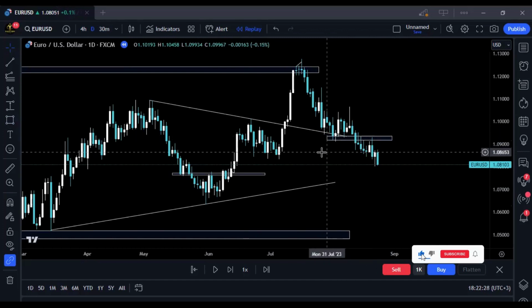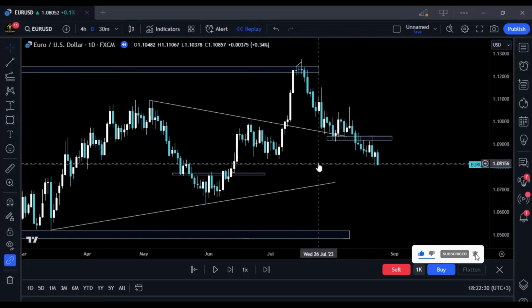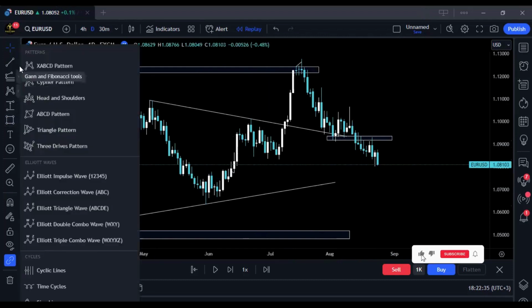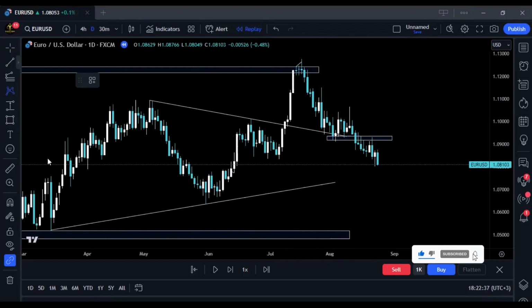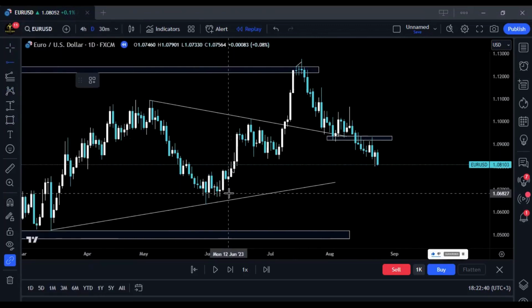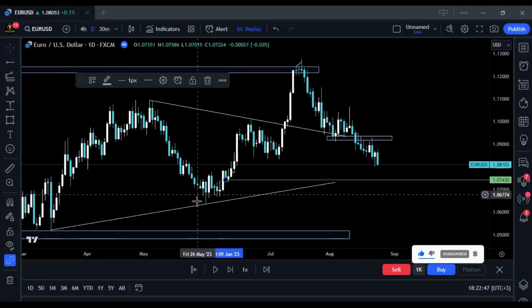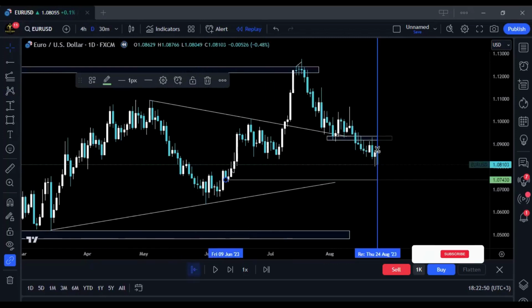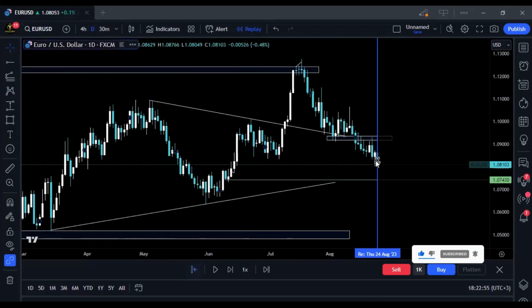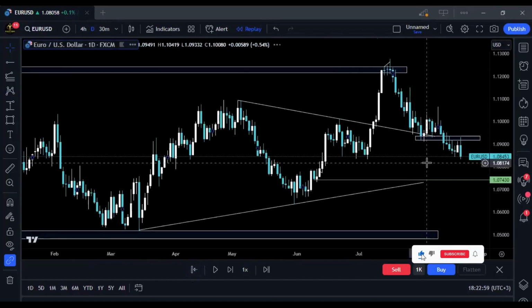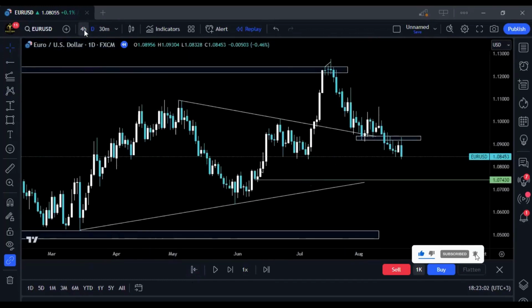So after break and retest, where do you actually aim for? You aim for possibly the next market structure, which would have been somewhere here. Let's see if prices would have given us an entry to take advantage of that. So that means if we go on the 4 hours,